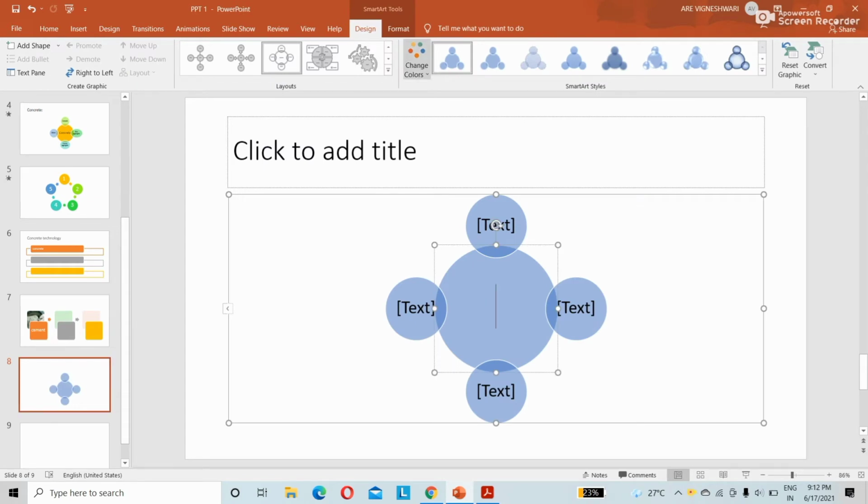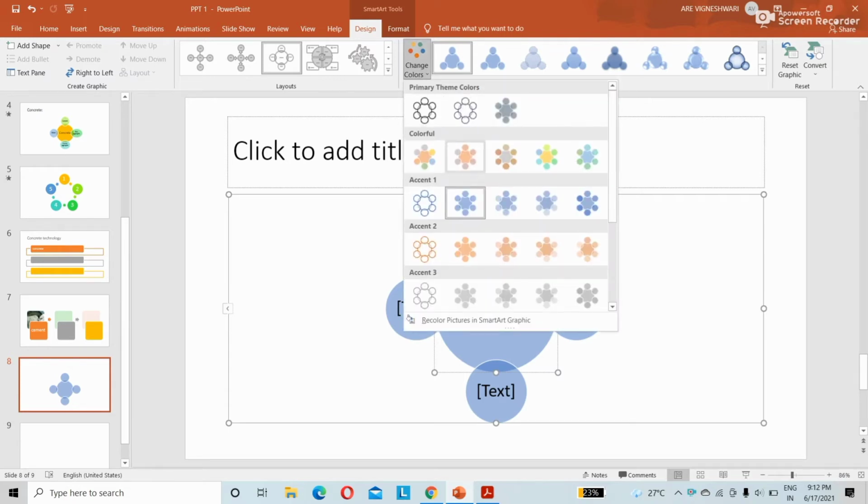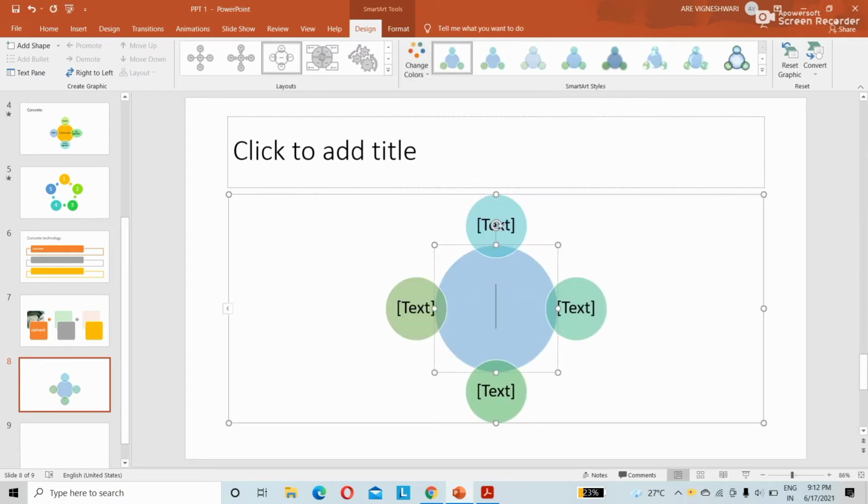So you can change the colors from here. Click on that and select the required color format, and write the content here in the text. So simply I am writing concrete. If you want to explain about the concrete variants, ingredients of the concrete,